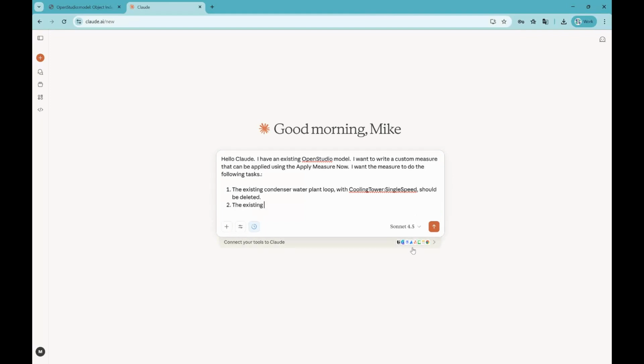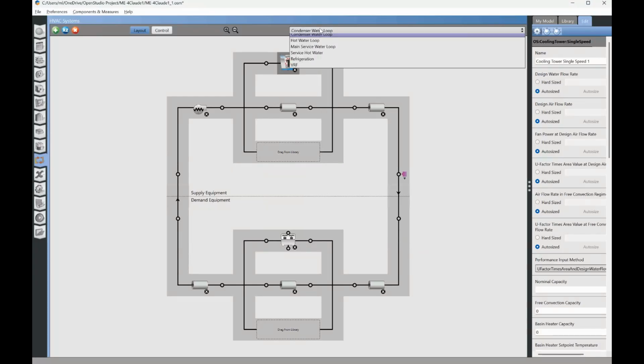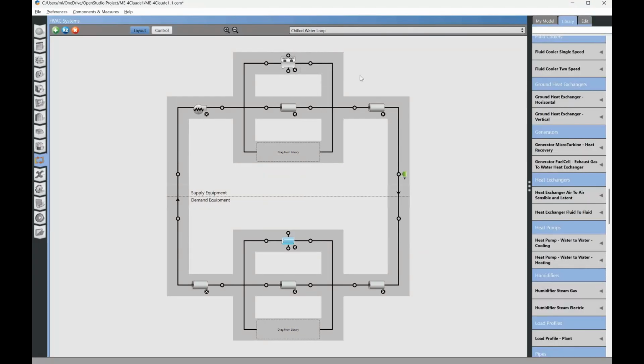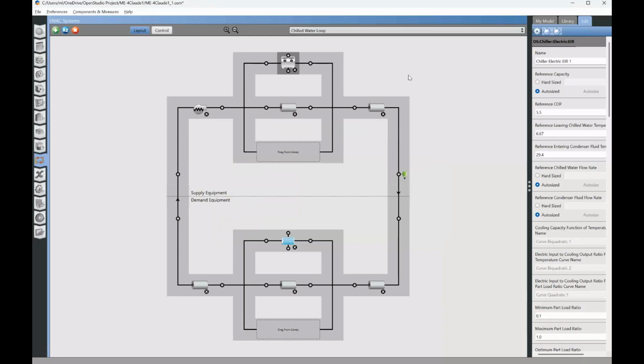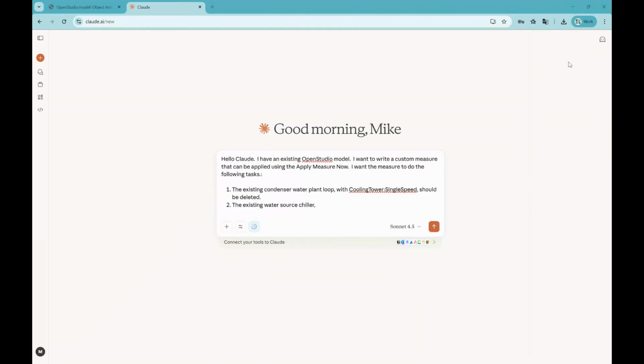The existing water source chiller electric EIR should be replaced with